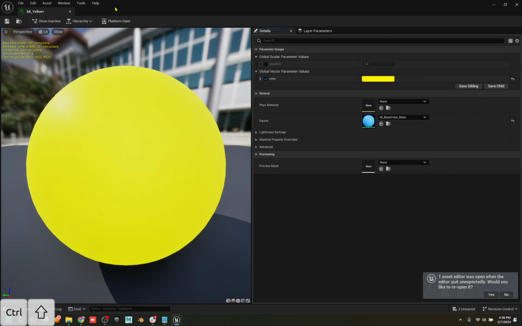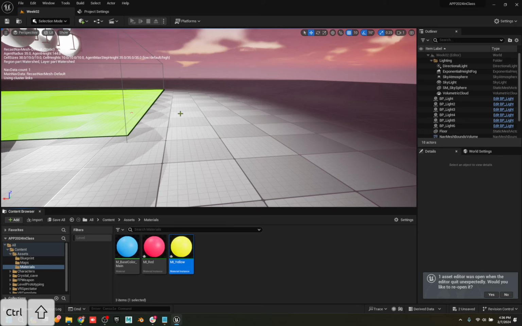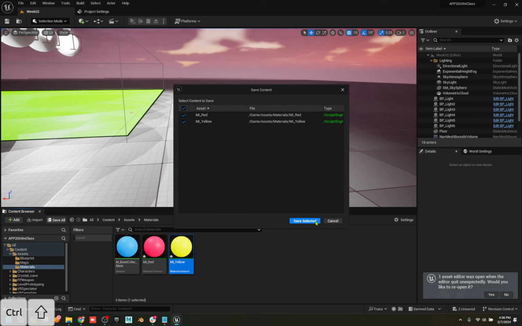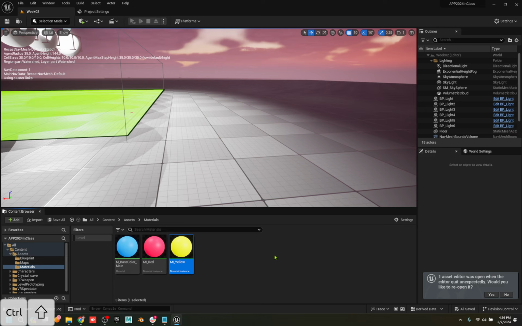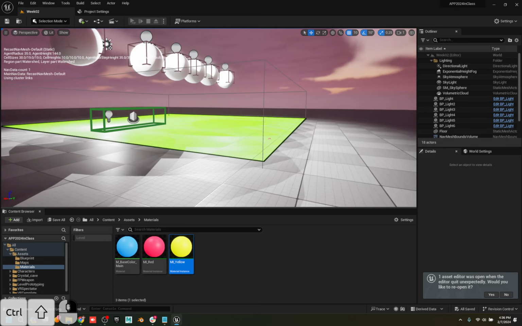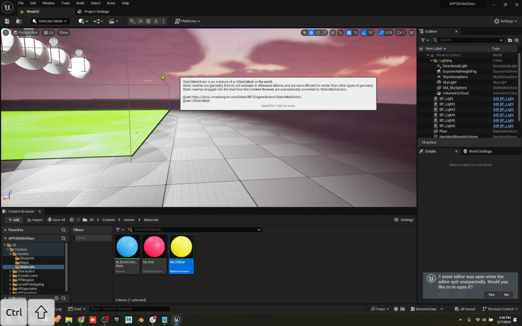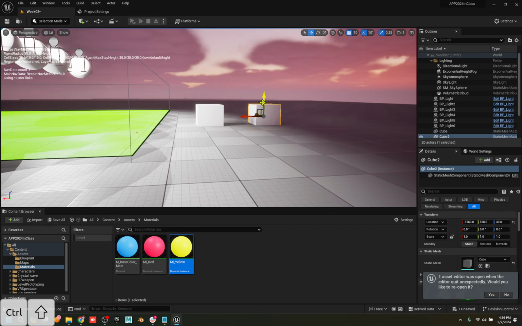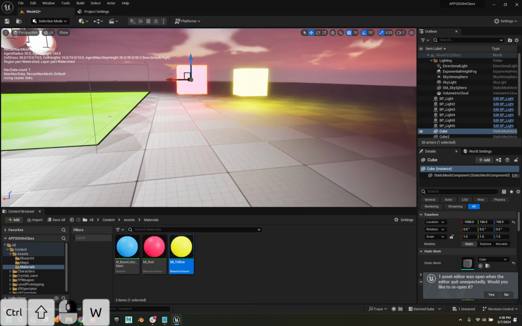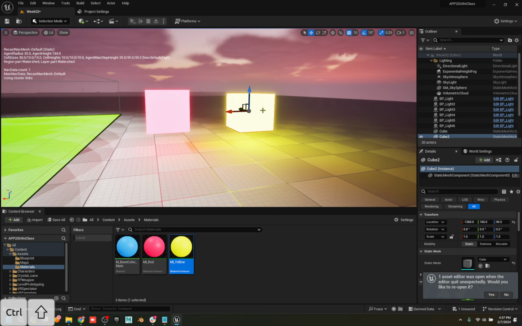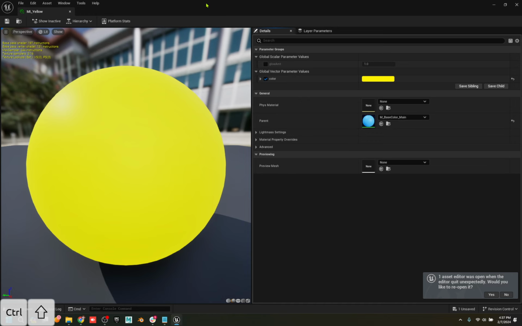Cool. So now we understand the idea of instances and why we use them, because they're more performant. But we might want to make things change on a sequencer. Let's put in a basic asset shape cube. All right, so this one's red. This one's yellow. Right now they're glowing just because it's a darkly lit environment, but we can bring that